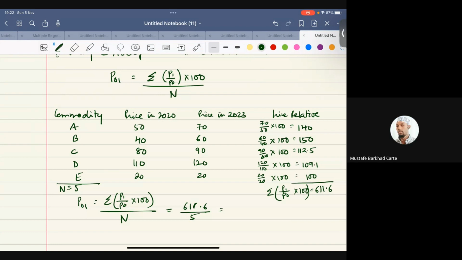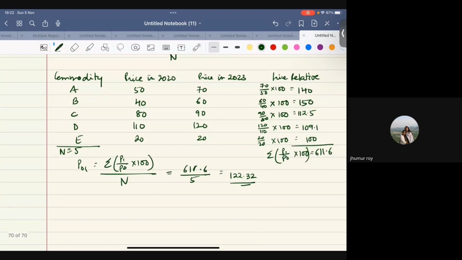122.32. Okay. So what will you write as your answer? Correct. Everybody's got the answers correct. You will write there is a 22.32% increase in price. So if you see, there's a difference between the answer you are getting by this method